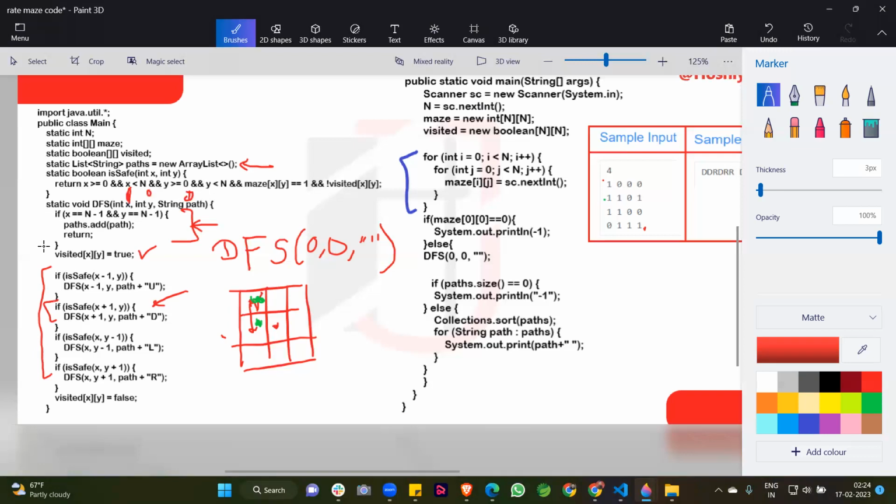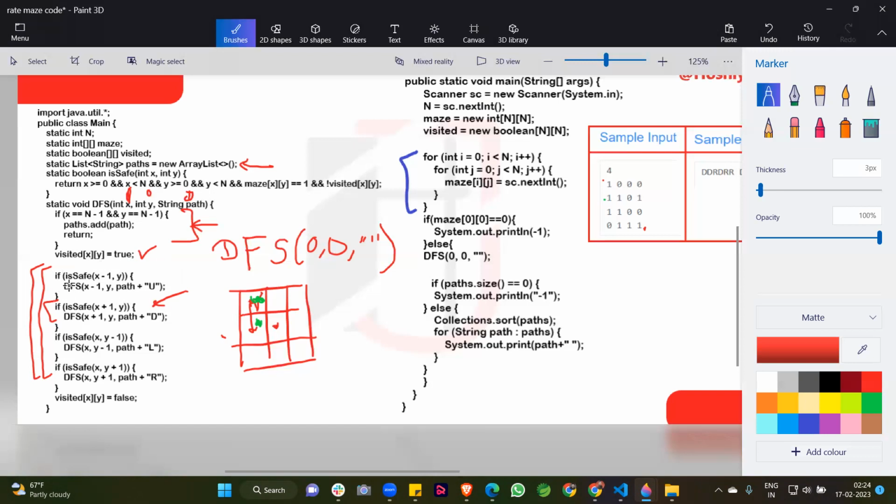So again, this if condition, the base condition, is not hit, and we set visited[x][y] equal to true. What is the value of x? x is 1 and y is 0, and this is marked true. You can see here it is already true because we visited this position. After that we are checking these four conditions, which will be hit now.